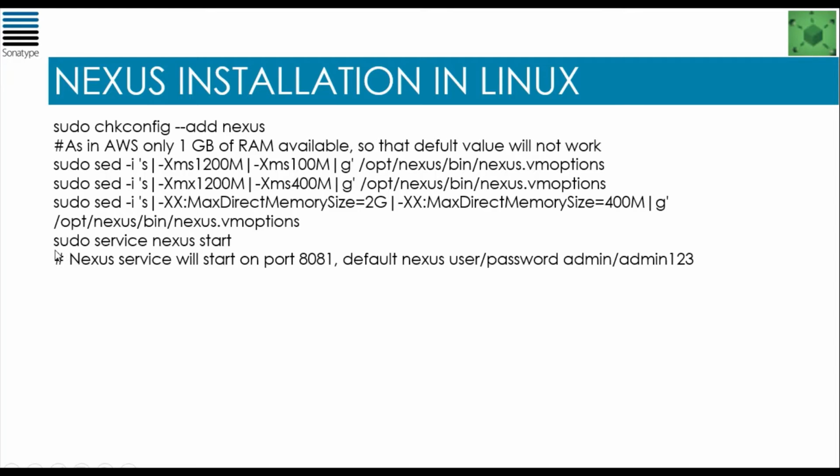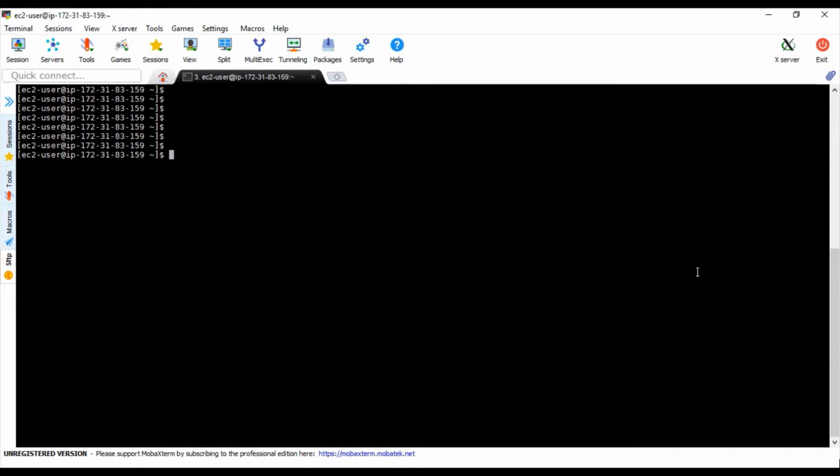And then I'm just doing sudo service nexus start. So with the help of that the service will be started. More or less what you need, once the service is started, it will by default run on port 8081, and the default username and password will be admin and admin123. And we'll talk more about how we are going to log in after the installation. So let's go and do the installation. So I'm in the server, and we'll say